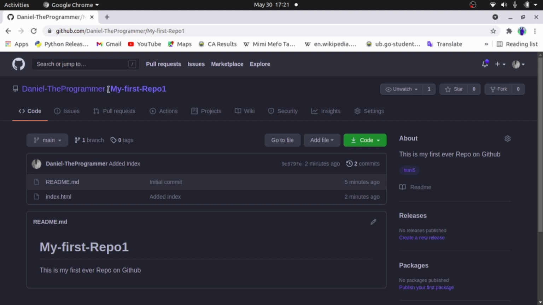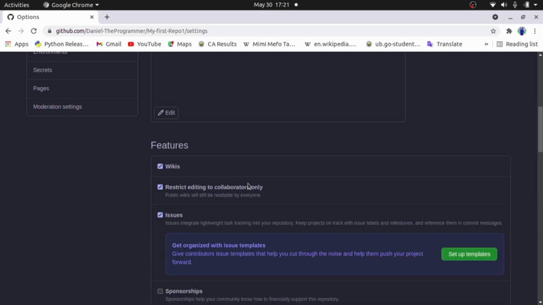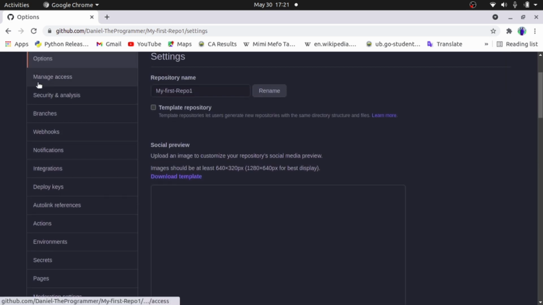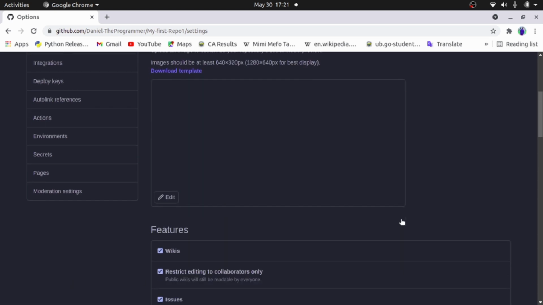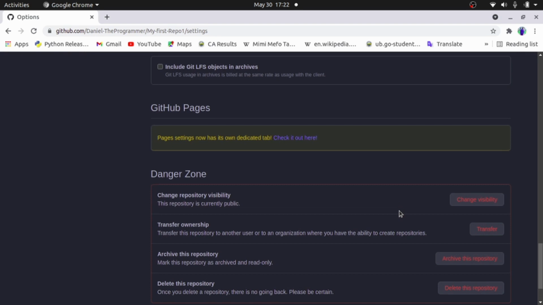Next, another thing you should know: how can you delete a particular repo? Probably you created a repo just for a test sample like this one. Now you will see how to delete that. You just come under settings. Below your settings, you can rename your repository name as you see here, and like we said, you can also manage the access. But for you to be able to delete, you come down to the bottom of this page.